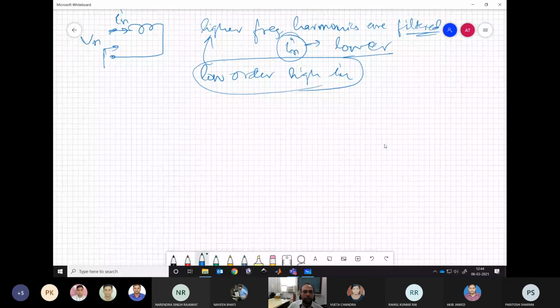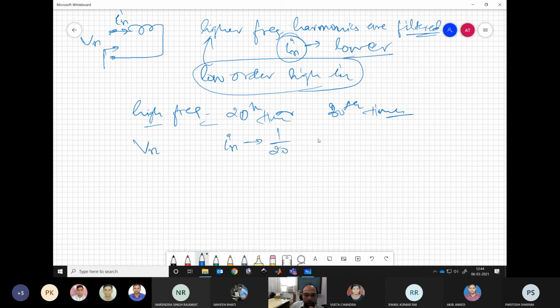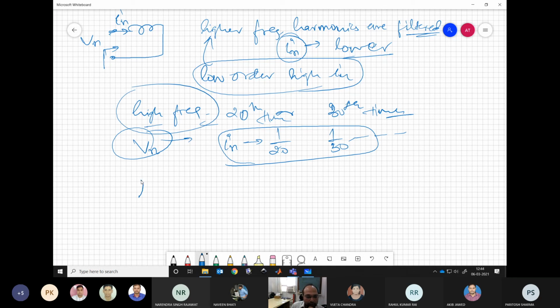Now we know which harmonics we can afford to have in our system. Any harmonic sitting at high frequency, let's say the 20th or 30th, or 38 times or 28 times the fundamental, is okay. We can have those frequencies in our input voltage because the corresponding current is going to be 1 by 20th or 1 by 30th and so on. So we can afford to have those high frequency components. But we must somehow avoid the low order or low frequency components. These we can regard as bad harmonics.